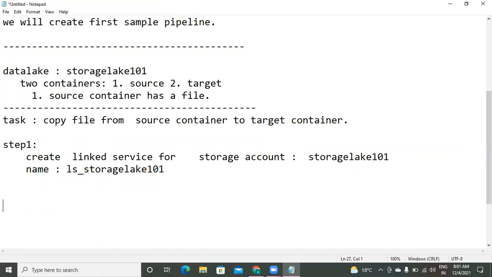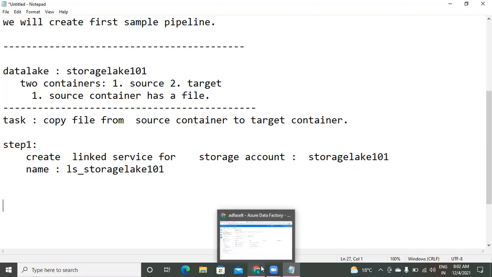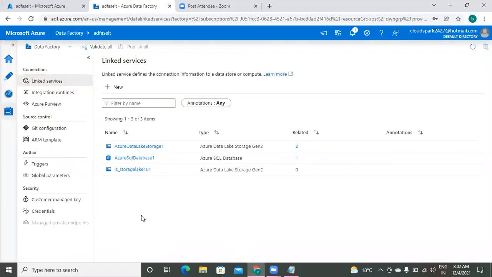But your work is not completed, sir. Simply that is created, okay. But while testing the connection, you may get some errors. Got it? So after that, we need to test the connection, whether this linked service is perfectly configured and is able to connect with my storage account or not. You need to test the connection.